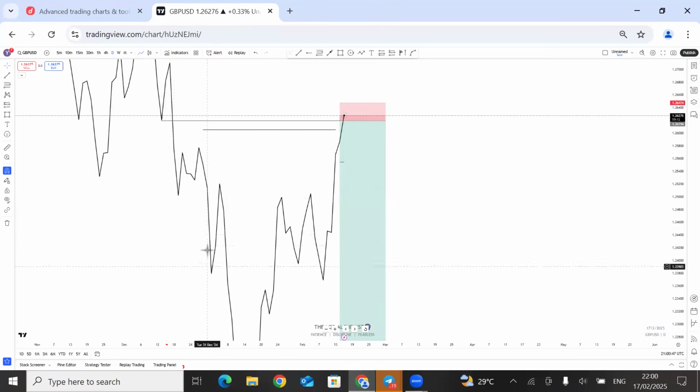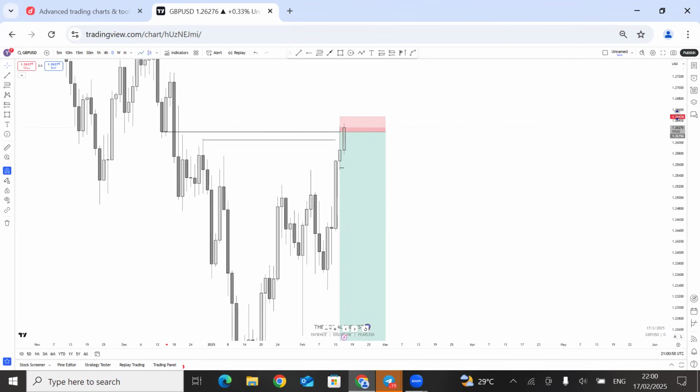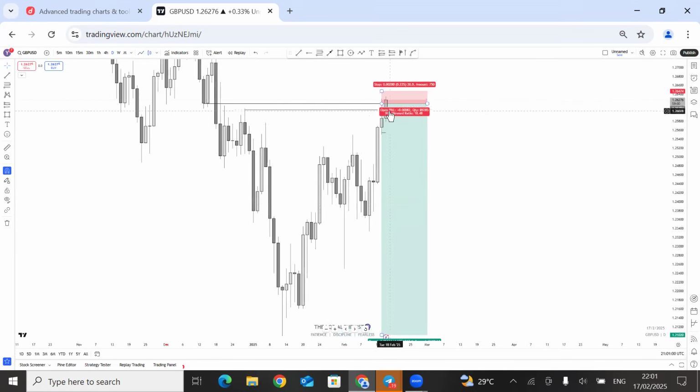So what happened? We expect price to come back up into this point, tap into this key level here and sell off. That's what I was waiting for. On this daily time frame, here on a candlestick chart, we had price retrace into this zone. This is on a daily time frame, take note. So I had to switch now to the 4 hours.